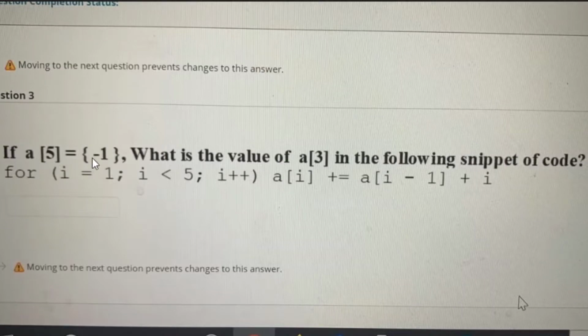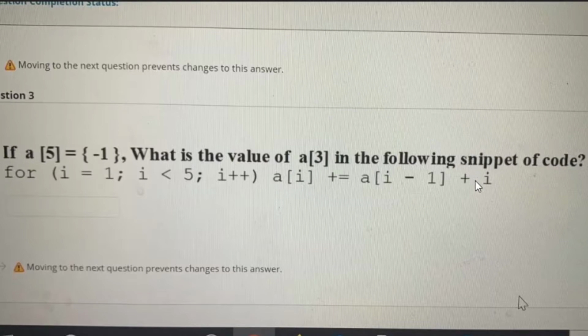If a[5] is equal to -1, what is the value of a[3] in the following snippet of code? So we are going to calculate the value of a[3] using this code, and on calculating we find that the value stored in a[3] is 3.